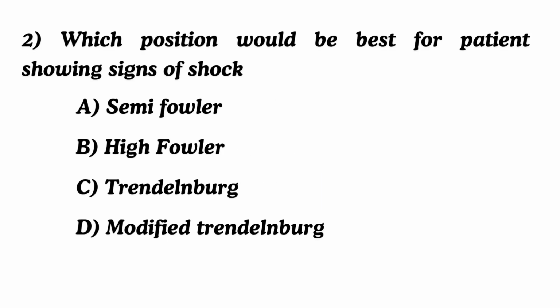vomiting. The question is which position would be best for a patient showing sign of shock? Options are: option A, semi-Fowler; option B, high Fowler; option C, Trendelenburg; option D, modified Trendelenburg position. In this question, correct answer is option D, modified Trendelenburg. In modified Trendelenburg position, the patient's head is low and the patient's legs are slightly raised above the heart level. It is used for shock patients for restoring the brain perfusion, and it is contraindicated for neck and head injury